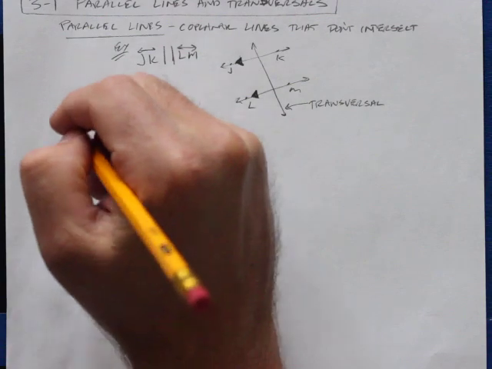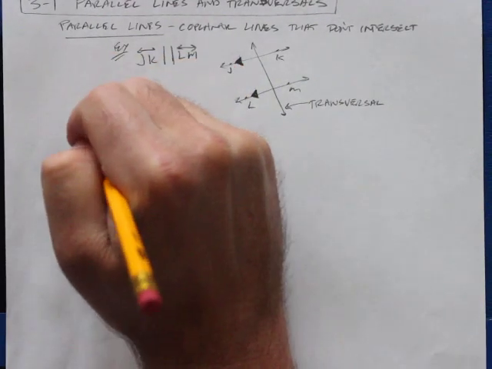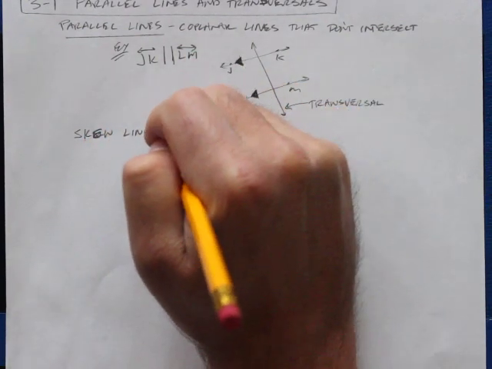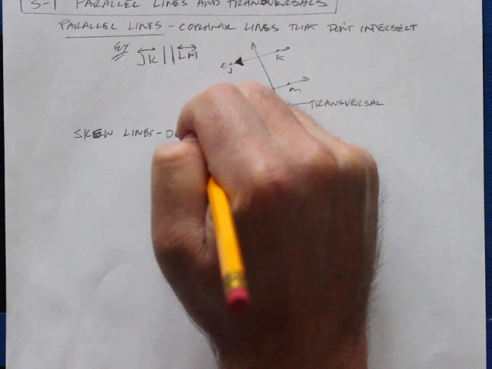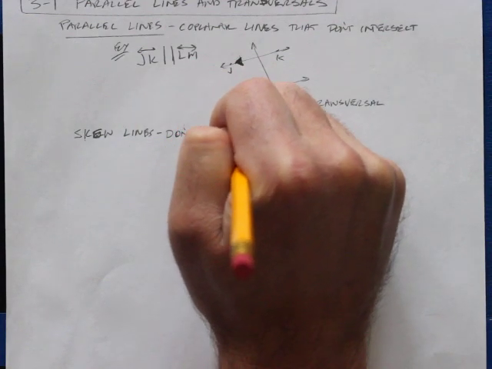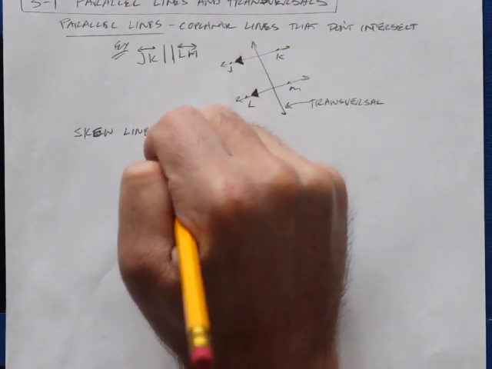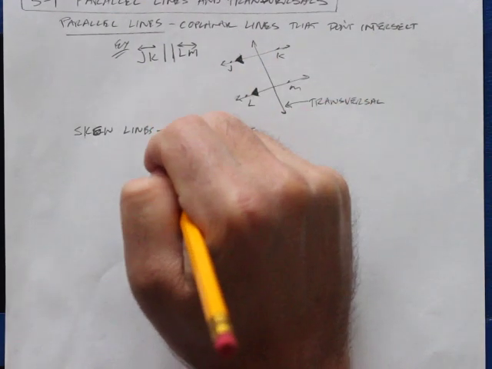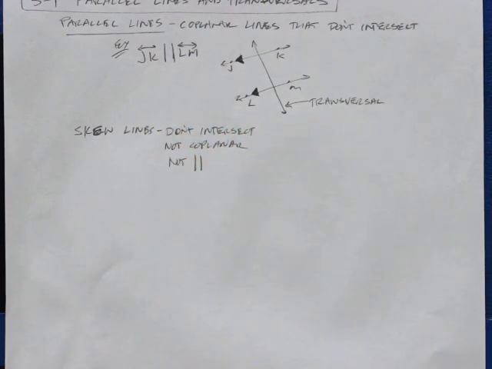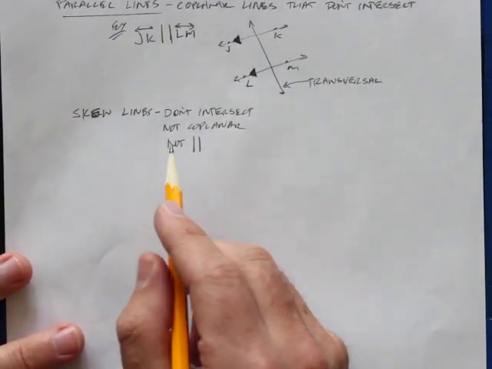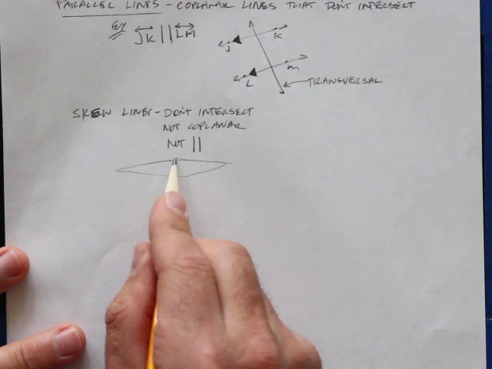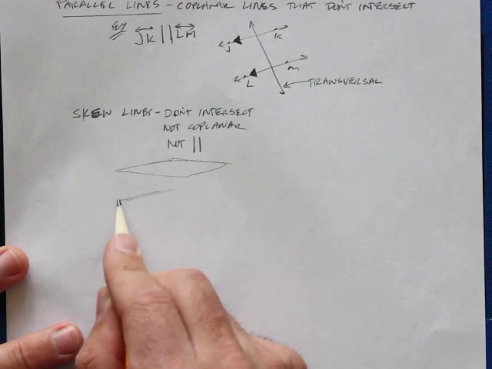So skew lines. These are lines that don't intersect, but they are also not coplanar, and they are not parallel. In the past we've talked about lines, if they don't intersect, then they're parallel, but that's not necessarily the case in 3 dimensions. So if I have a plane that's like this, and I have another plane that's like